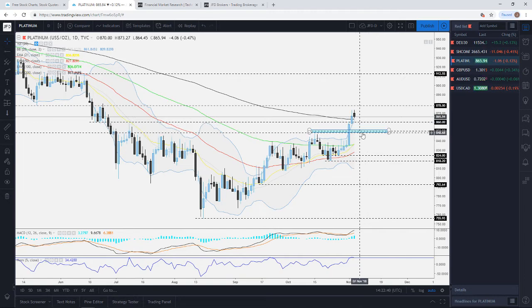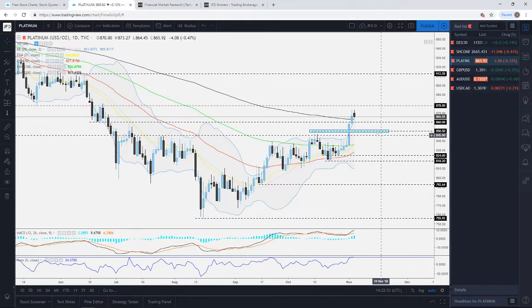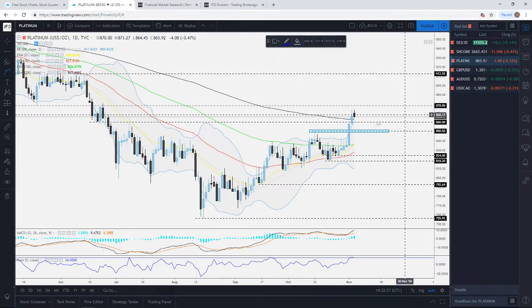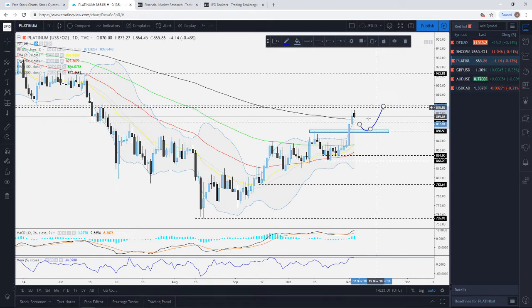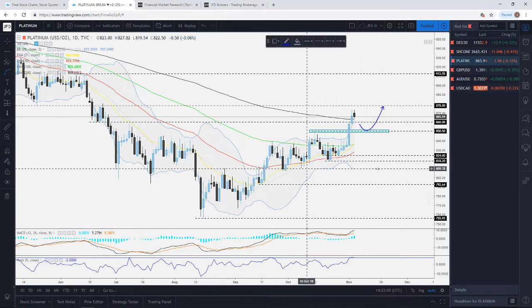bulls, because as long as it remains above this key important area, which previously acted as resistance and is now going to act as a nice area of support, 850.50 approximately there, of course, you can in a way round it up towards the 850 zone. So we could see something like this, where we could see a nice rebound from that level and another push higher. But if this starts to roll over here and we continue dropping, and the precious metal